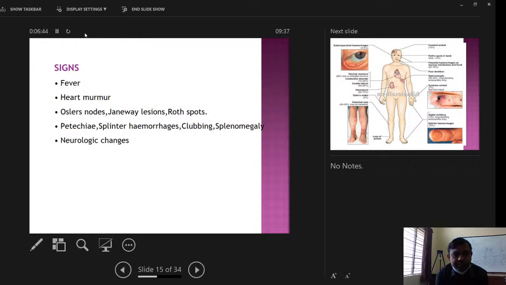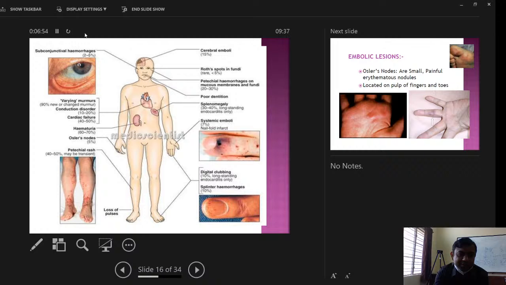These are all present in infective endocarditis. And petechiae, splinter hemorrhages, clubbing, splenomegaly, and neurological changes are also seen because of the embolic episodes and cerebral abscess also. So, subconjunctival hemorrhages and murmur, this I already told, there are varying murmurs. 80% of new or changed murmurs, and conduction disorders and cardiac failure, congestive cardiac failure, and there is hematuria,